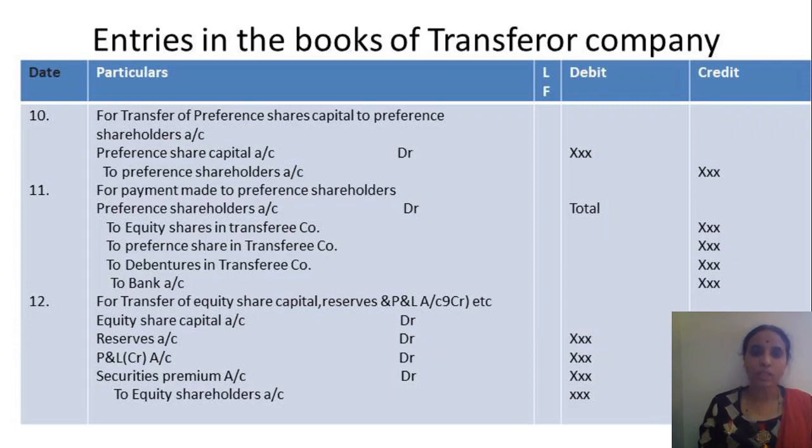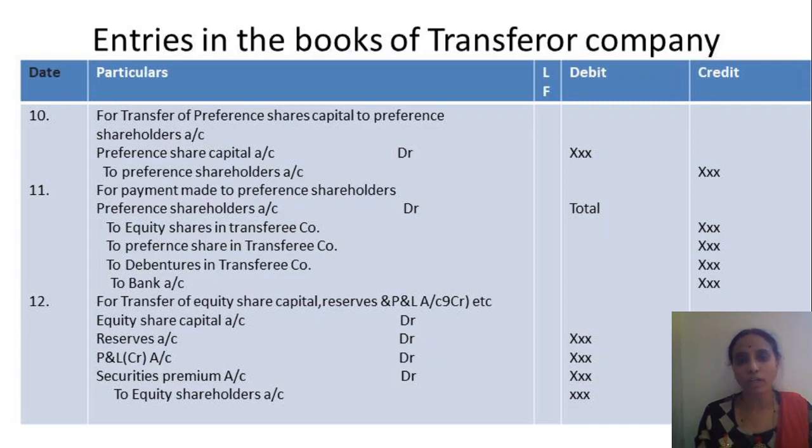Then the 12th entry for transfer of equity share capital. Preference share capital is given to preference shareholders, after that equity share capital has to be given. So for transfer of equity share capital, reserves and P&L account credit balance. So here equity share capital account debtor, reserves account debtor, P&L credit balance comes here, P&L account debtor to